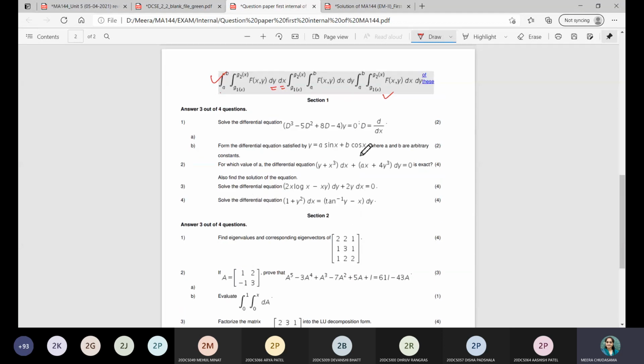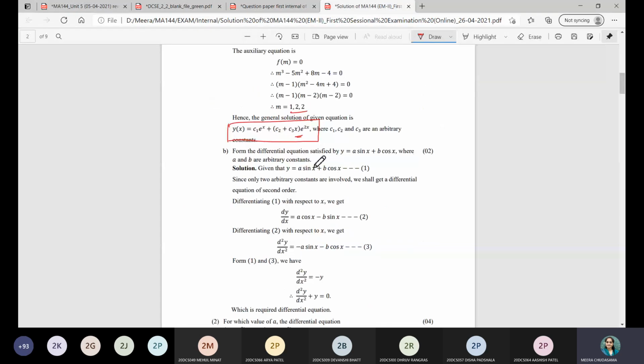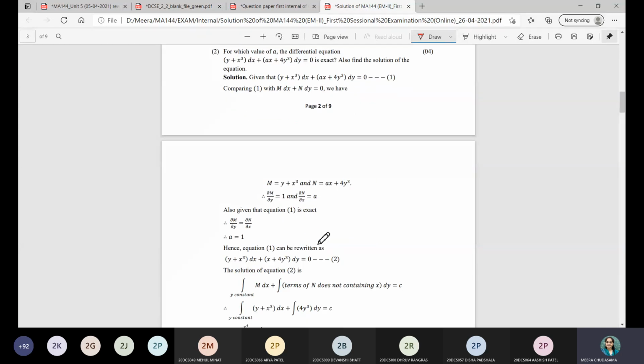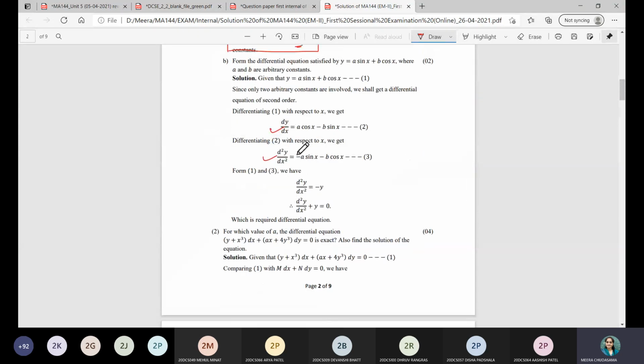Form a differential equation satisfied by this one. This is the easier one, right? So y is given in sine cosine form as an equation. When you differentiate it, this kind of example we have done in the class, if you remember. No, not in your class, I got it solved in IT. In your class Kunal sir must have got this done. Yes, sir had done it. So you take the first derivative and the second derivative, and you observe both of them: the original function and the second derivative will differ with the negative sign, and that is how the differential equation will be formed, right?